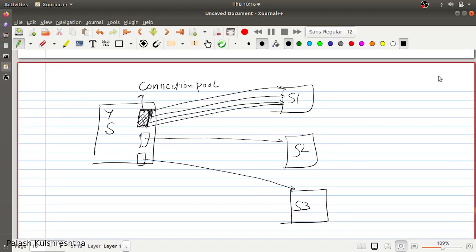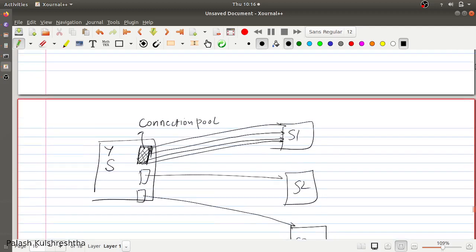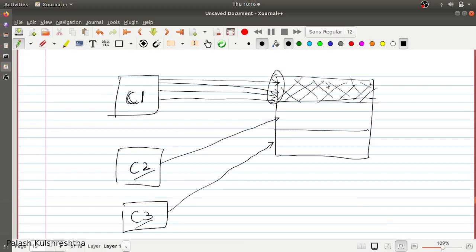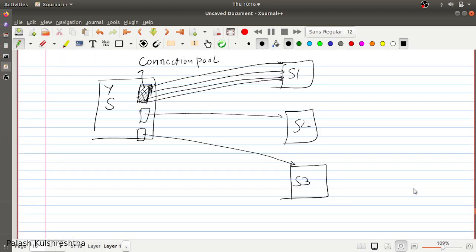So this way we are able to compartmentalize, or create bulkheads, for each and every service, whether they are calling us, where we can create compartments, or we are calling them and are dependent on their performance.